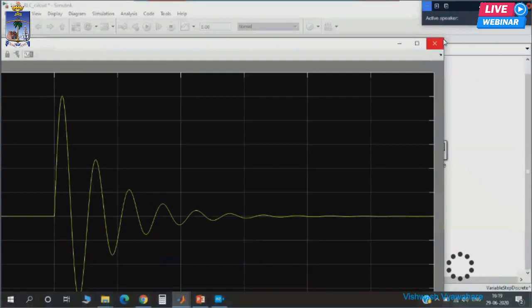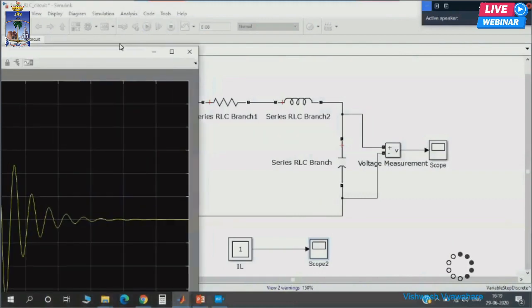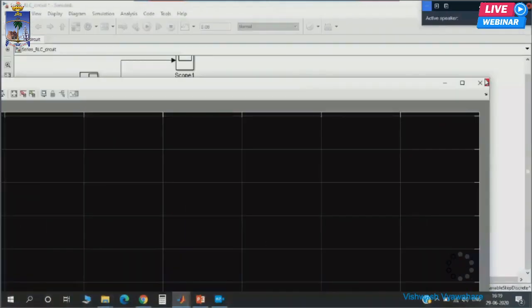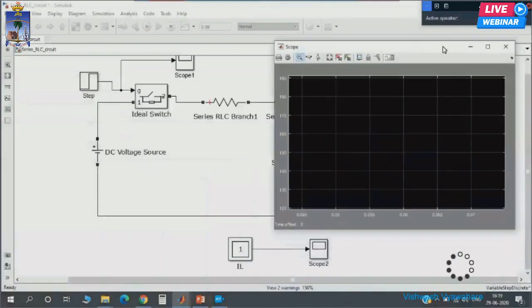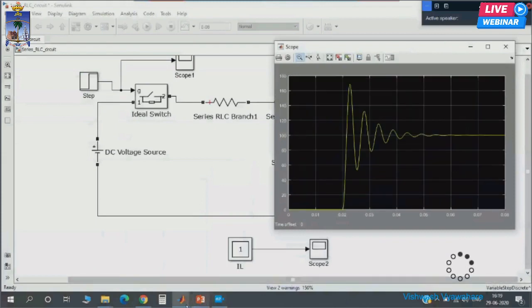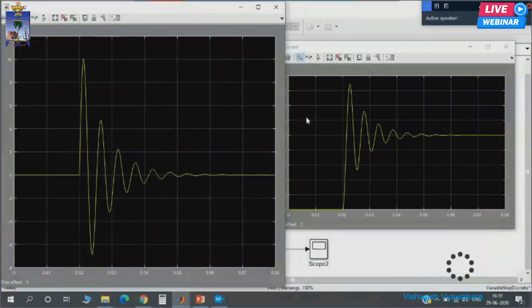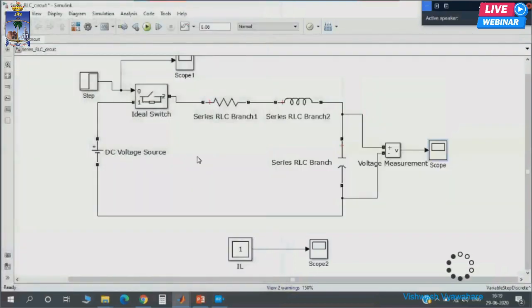So now you can see these two plots, and you can see that this is your capacitor voltage, and this is your current. So the voltage response is second order. In control systems or systems engineering terminology, we call it an underdamped system, an oscillatory system. I hope you see how easy it is.